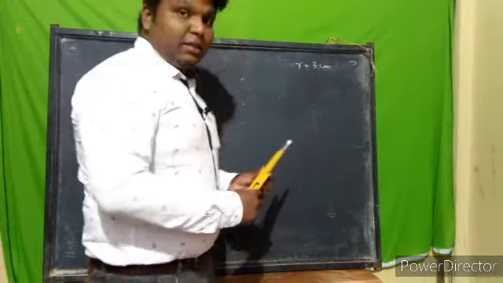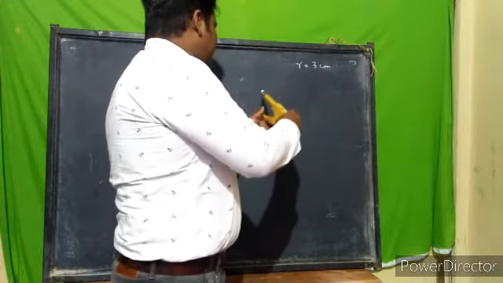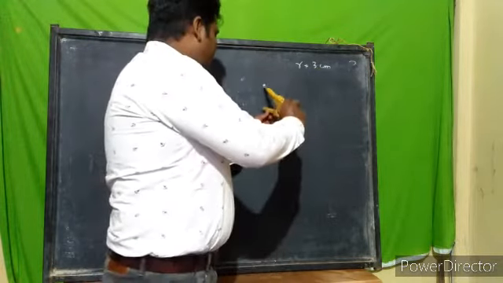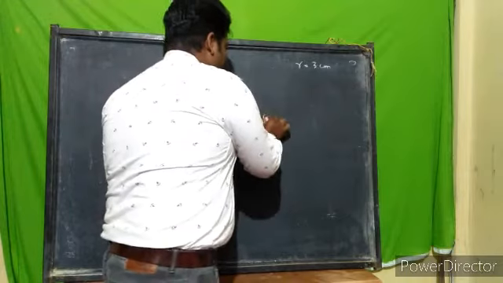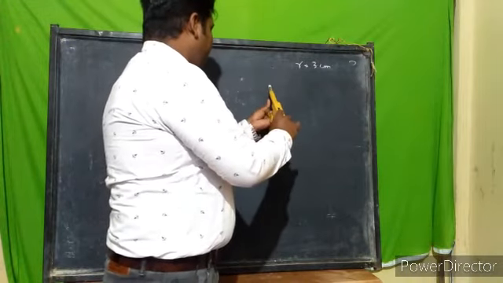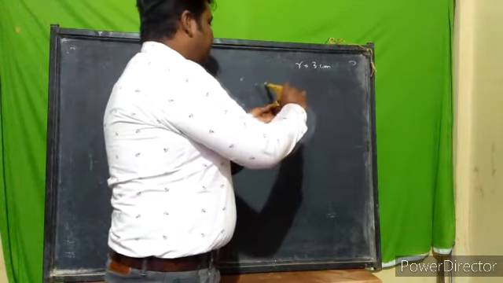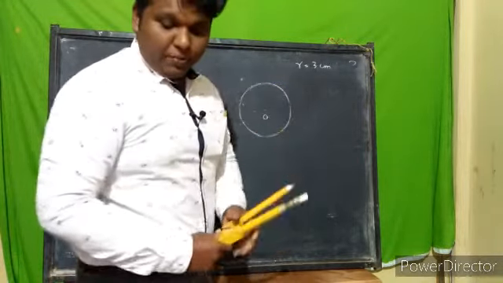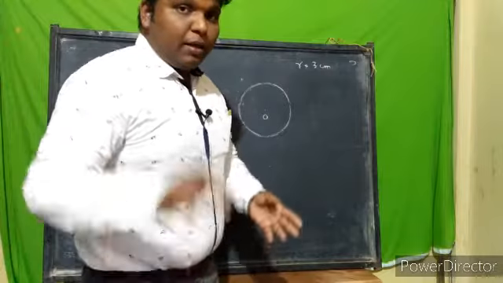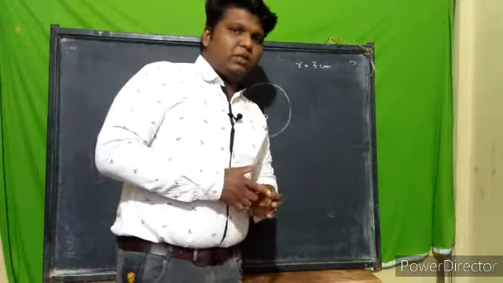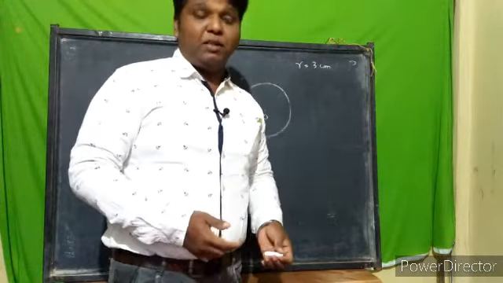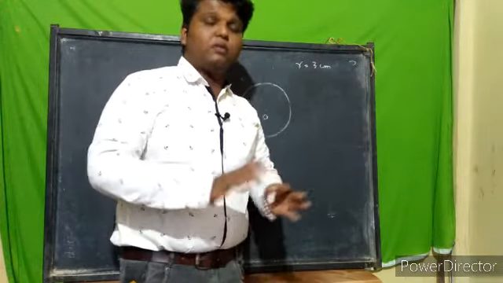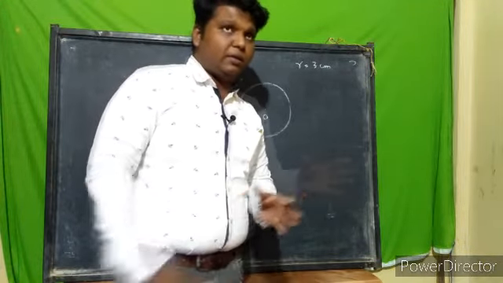Now the next construction, you have to simply draw a, just imagine that you are giving 3 cm radius. First of all, take the center O, using the center, draw the circle. After completing the circle, check the question. Just imagine your question, I'm taking imagination every time like this because it's just a rough study, that's all. You have to understand all the things in a single video, that's why I'm making it like this.